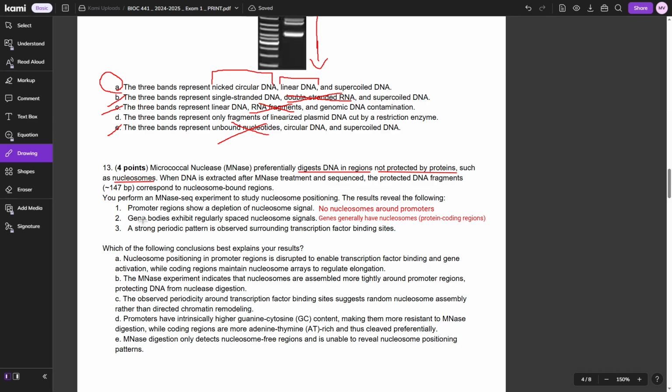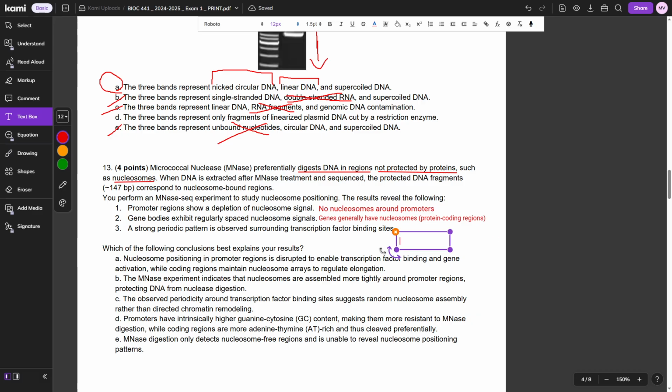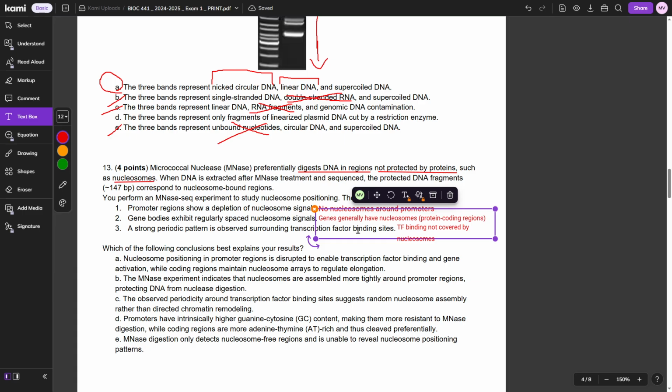So yeah, it seems like it's digesting the DNA around transcription factor binding sites, which means that it's not being covered by nucleosomes. TF binding not covered by nucleosomes. Okay, so what this is telling me, and the way I got that, by the way, is that it specifically says that it digests DNA in regions not protected by proteins. So a strong periodic pattern is observed surrounding transcription factor binding sites. Tells me that